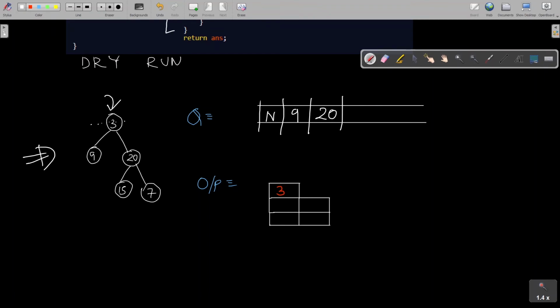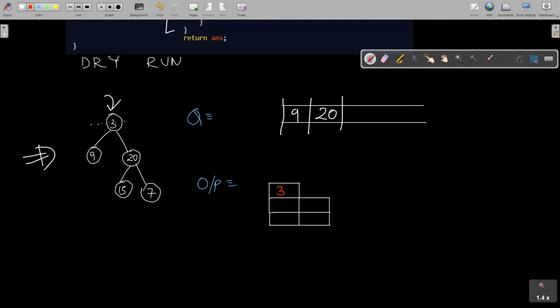So now let's move forward. Next we'll poll this null value. Once we poll this null value, according to our logic, we are going to check whether our queue is empty, but our queue is not empty, so we are not going to break out of that loop.